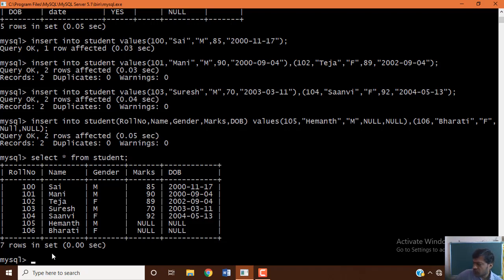Okay, now we are proceeding with modifying data in a table. To modify data in a table, or to make changes to some or all of the values in existing records, we use the update statement.